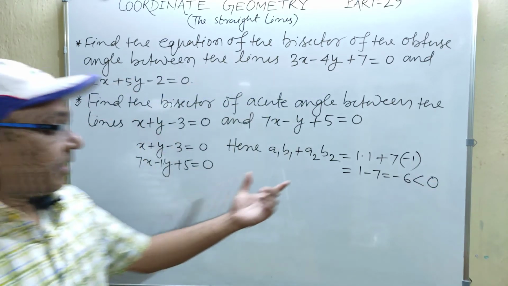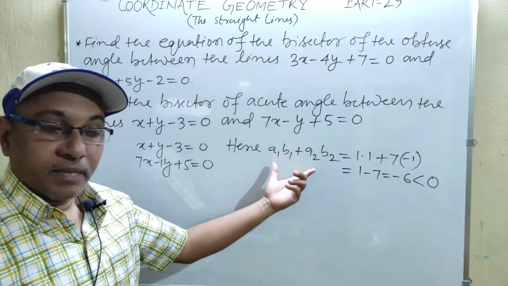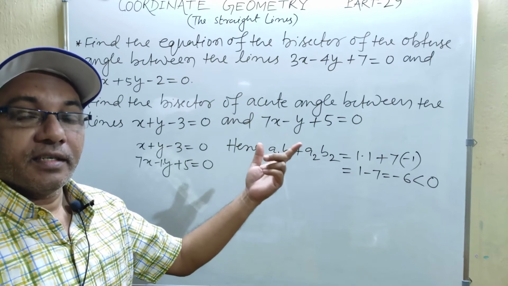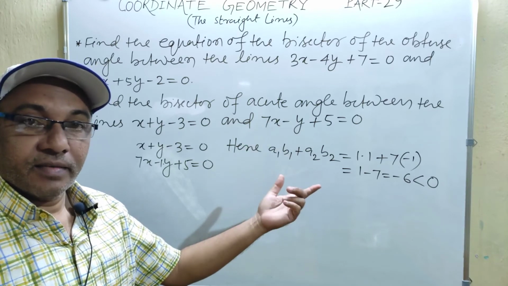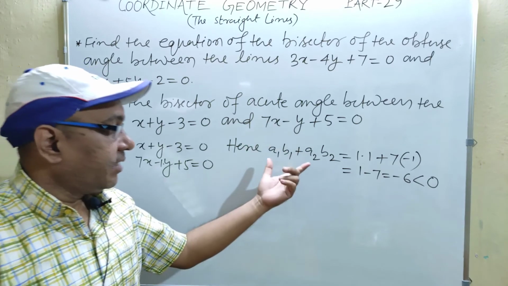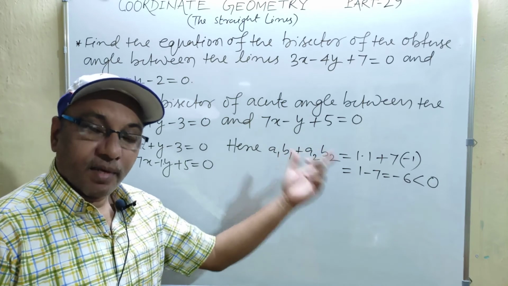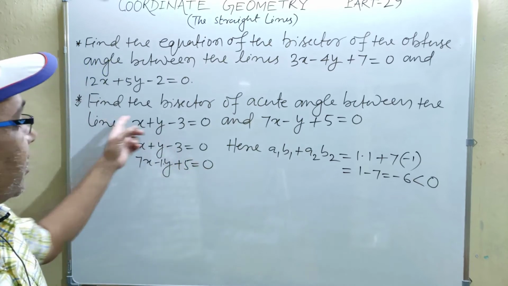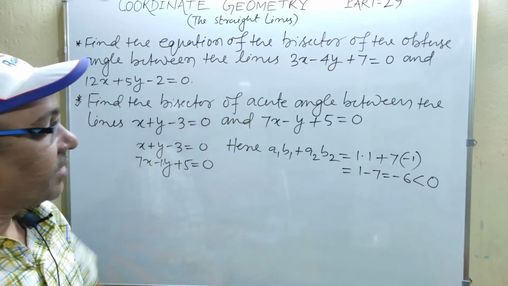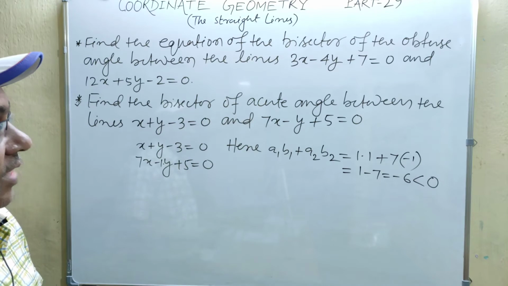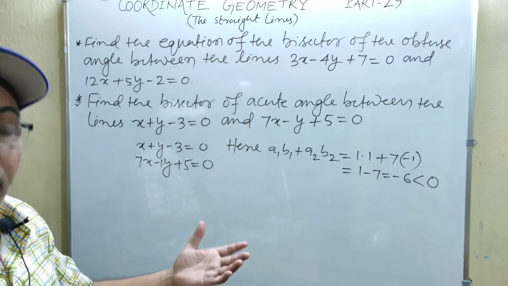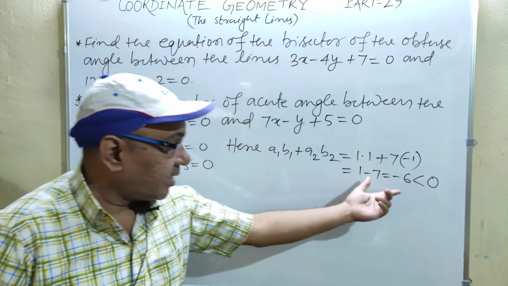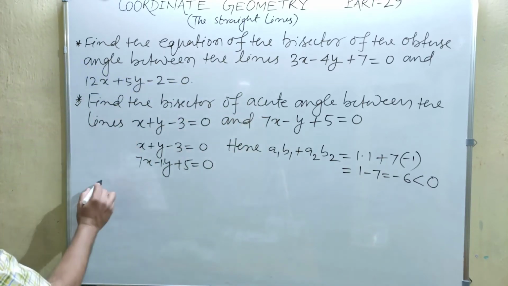Okay. If this comes positive, then the plus sign gives the bisector of the obtuse angle. And if this is negative, then the plus sign gives the bisector of the acute angle. Here what is required? Find the bisector of the acute angle. So what will be the bisector of the acute angle? The plus sign will give you the bisector of the acute angle because this is coming negative. Therefore, you will write